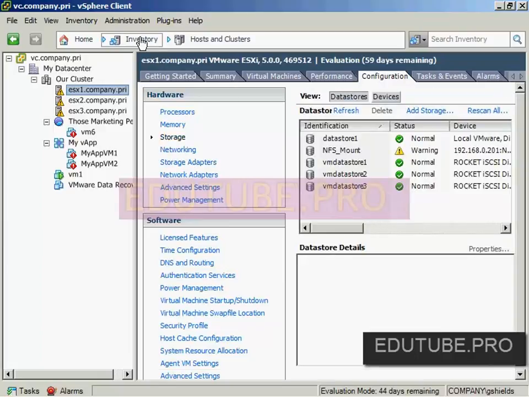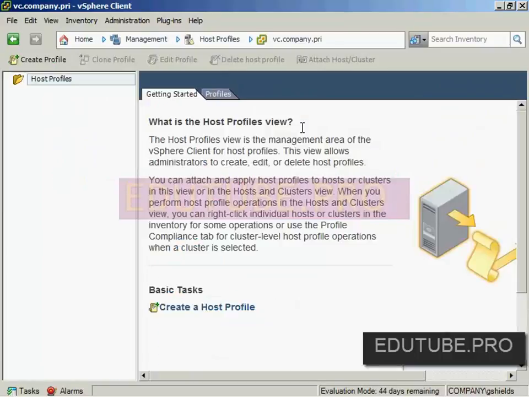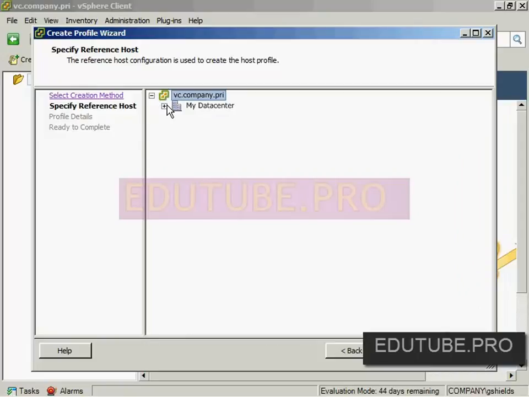One of the other tools that's available, as I mentioned, is this host profiles service, or this host profiles plugin that's available here inside of the vSphere client. Now, the first thing you have to do is arrive at this location and create a profile. I am going to create a profile from an existing host here, and that existing host is just simply going to be esx1.company.pri. The assumption here is that you have one host that you just absolutely know that you've configured correctly. And so what you